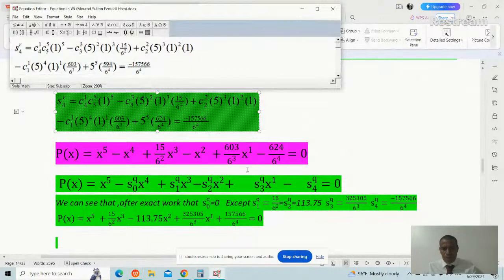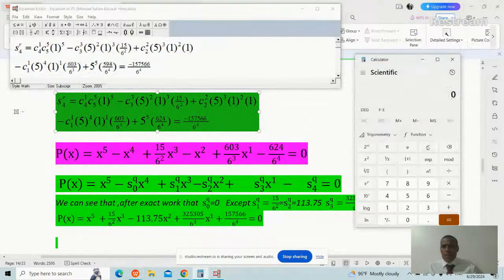So we told 4 multiplied by 1 is 4, minus 25 times 15 divided by 36, plus 125 times 1 times 1, minus 625 multiplied by